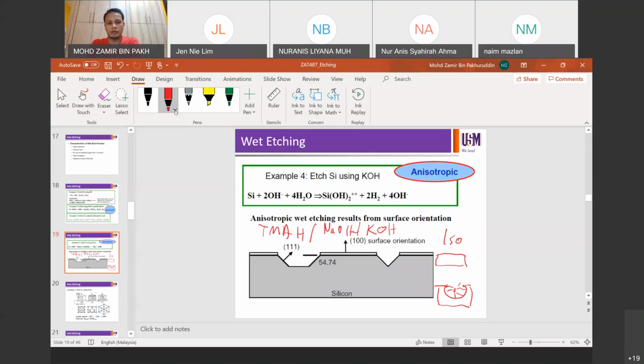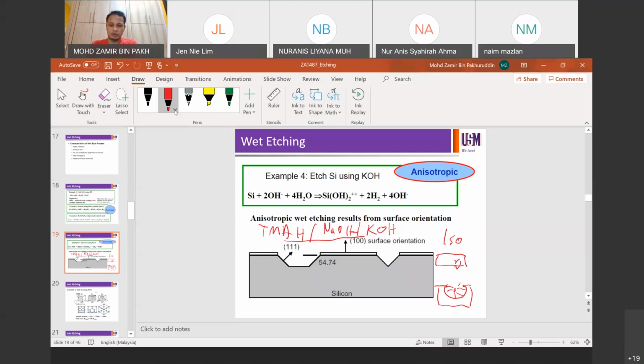The common ones that people use, these are the three, right? Common ones: TMAH, NaOH, or KOH. So alkaline solution. Well, typically you can say that alkaline solution is generally anisotropic, acidic solution is generally isotropic. Okay, so for this particular case, if you have the very same silicon wafer just like this, for example, if